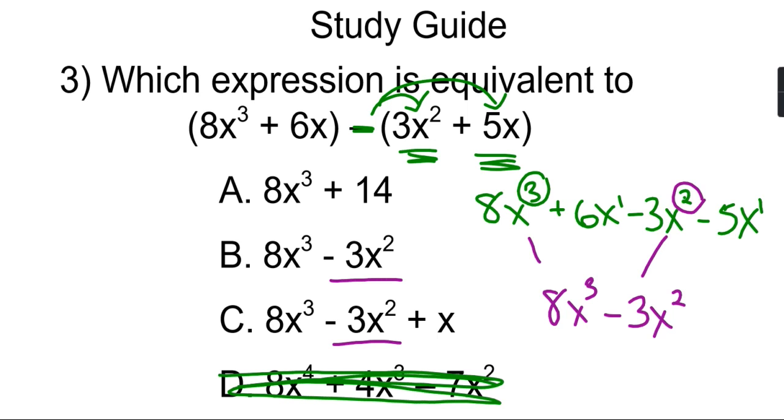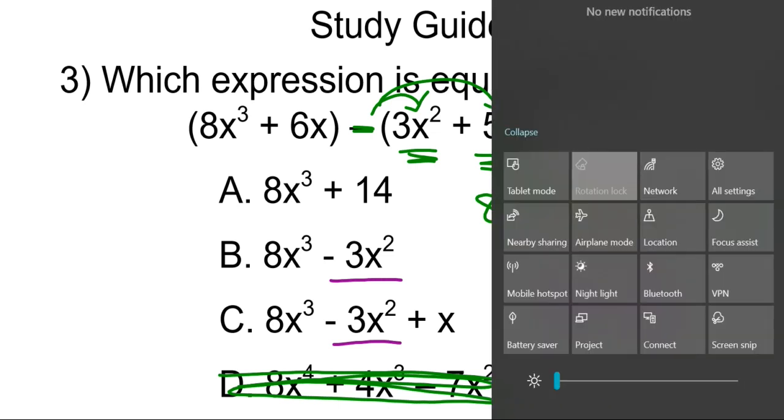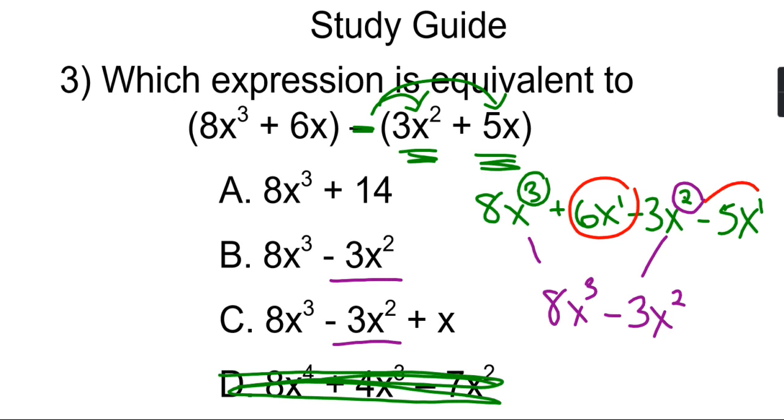And the last thing we're going to look at is 6x to the first power. Here we have two like terms. This is the first power, and this is the third power. Whoops, sorry about that. This is the first power. Positive 6 and negative 5. That's like 6 minus 5, which is positive 1x. And we see that that is choice